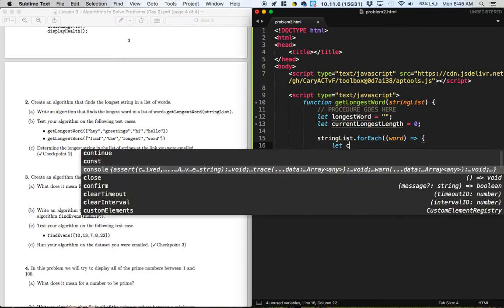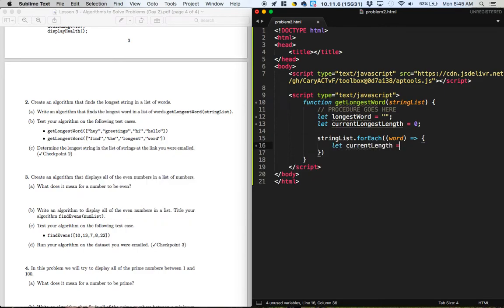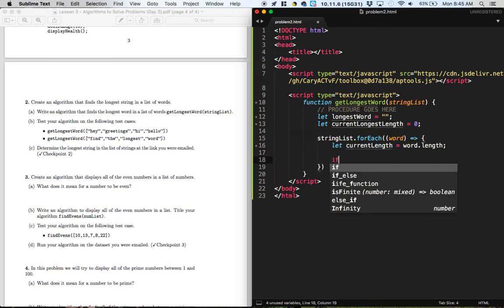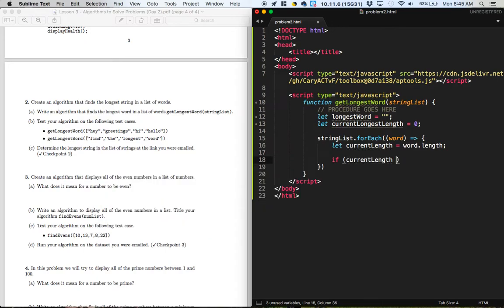So let current length equal word dot length, and length should be lowercase. What that's going to do is find the length of each word. And then in order to check to see if that word is the longest word, we need to say if the current length is greater than the current longest length,